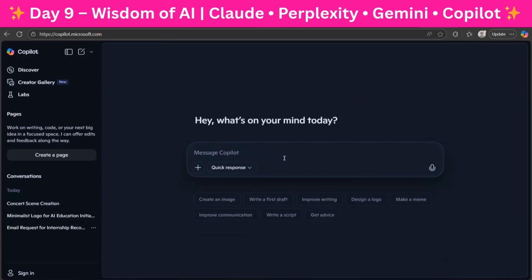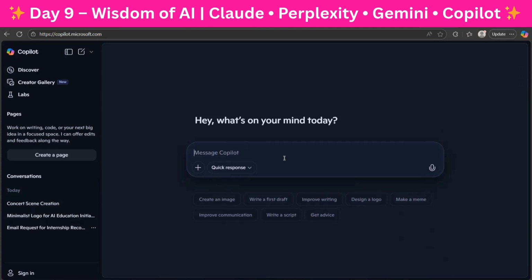To summarize, I think Claude is a deep reader. If you give it any research content or complex concepts, it will definitely go through it and give you a deep review on that. And Perplexity is a research librarian. If you give it any topic, it will do the research and give you a lot of citations. And it's very real time. Any recent topics you can research.